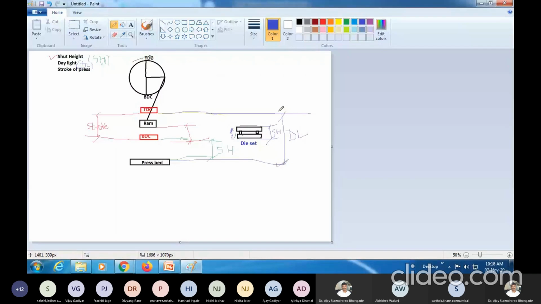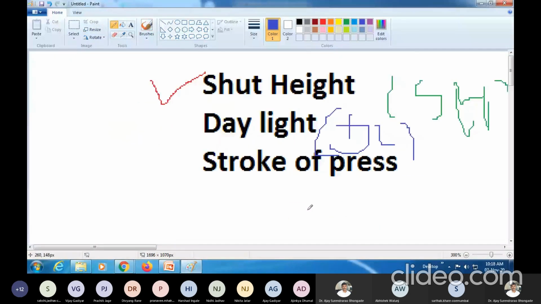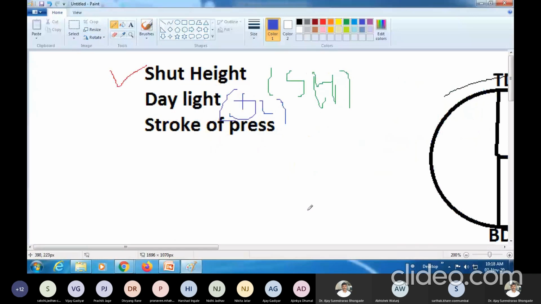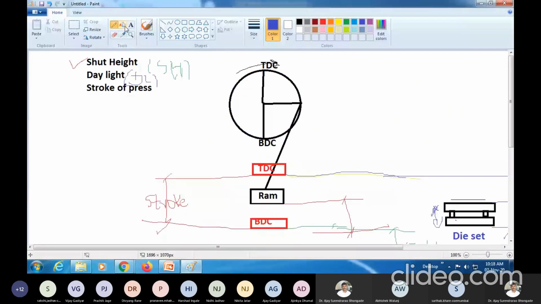Now one more thing. How to get this particular stroke, since we require different types of stroke there, right? So there are some adjustments which are made in the press. What are the other types of adjustment? Now, in general, if I talk about the distance, this particular radius R, this radius of the crank, we can vary, correct? So we can make that R1 up to R2, right? So the radius of the crank can be adjusted, where R1 is the minimum radius and R2 is the maximum radius.